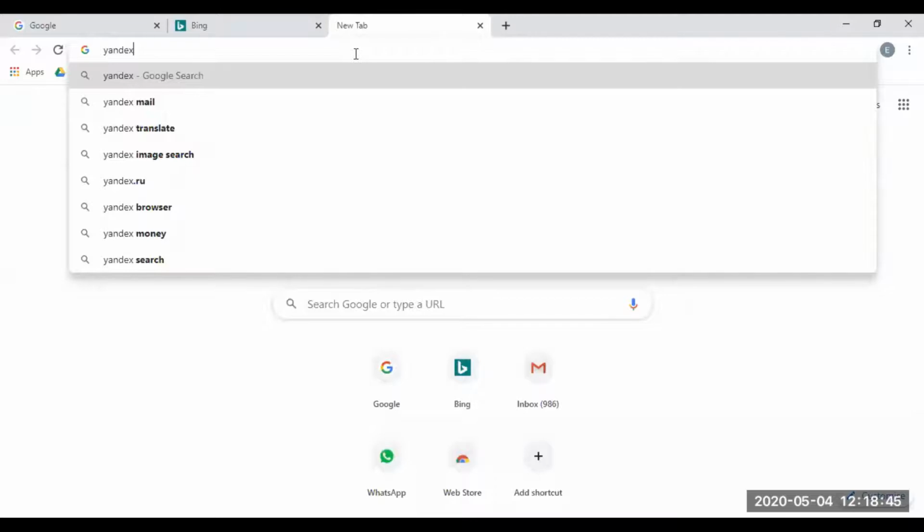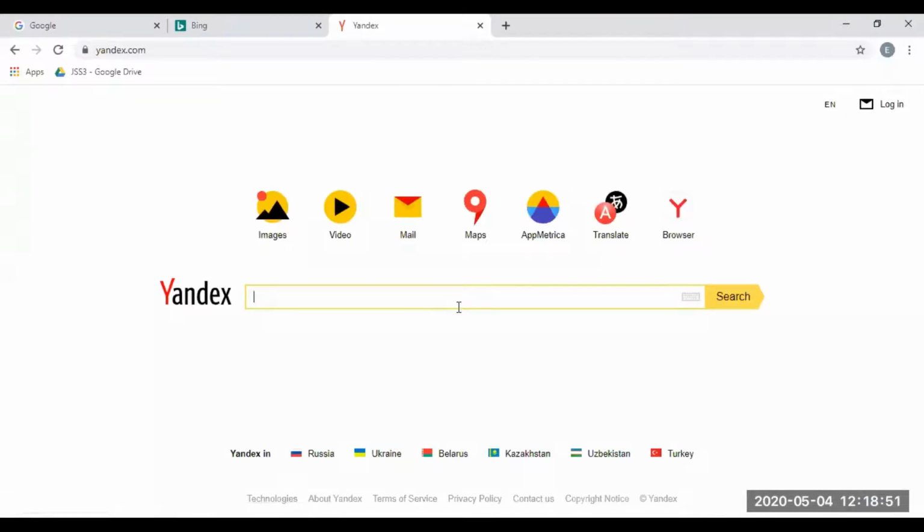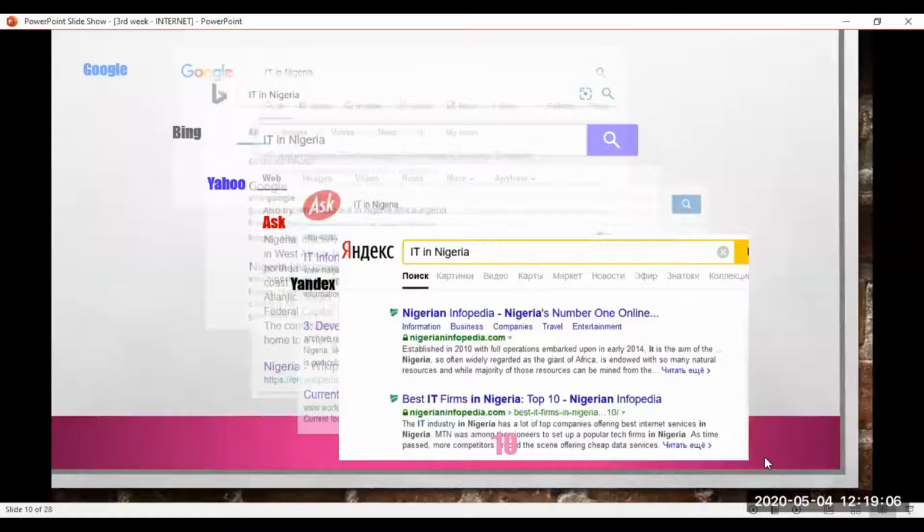If you go to yandex.com, these are search engines. It is showing to you like this. It's possible you can find some little information about that. Okay, let's continue from the other screen and our PowerPoint slides.